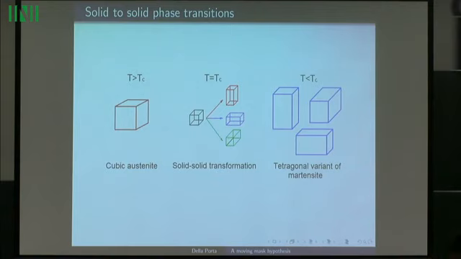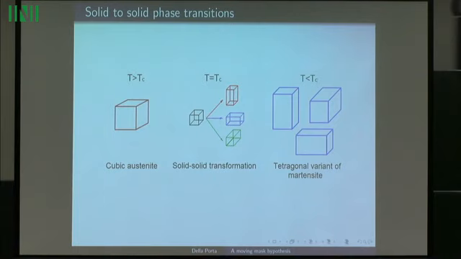the martensite. As you can see in this example, we are considering a tetragonal lattice for martensite, and there are three different ways to deform a cube into a tetragonal lattice, and this gives rise to three different variants of martensite. So we call the variants of martensite the possible different lattices that are obtained by stretching our cube in different ways. So what is interesting is that this multiplicity of variants of martensite can give rise to